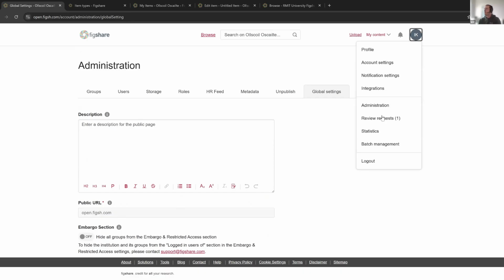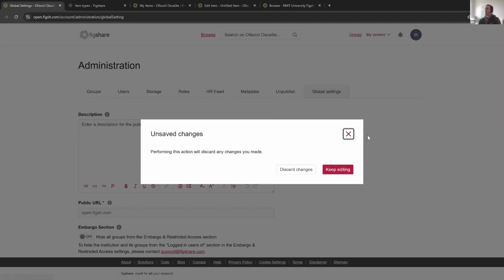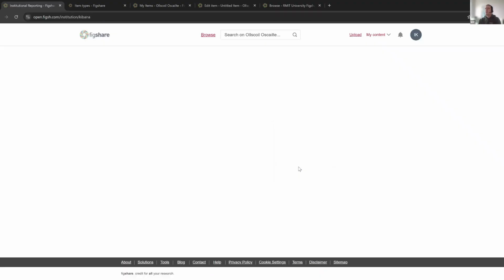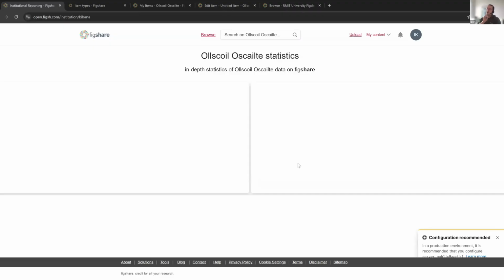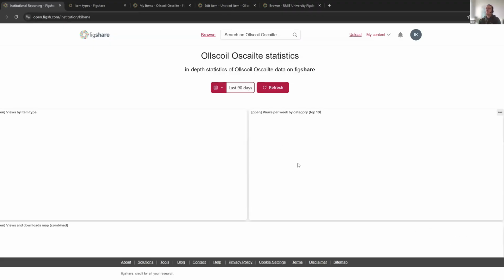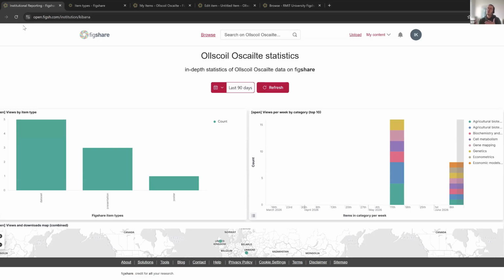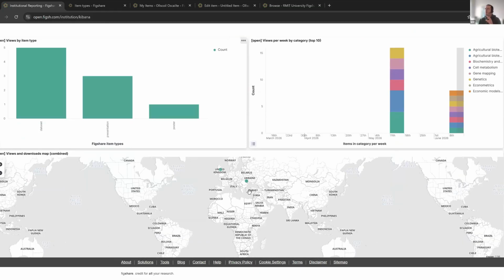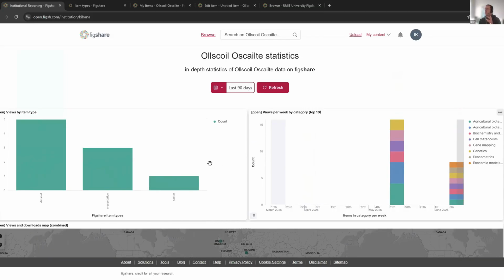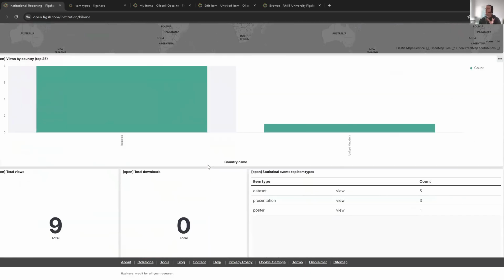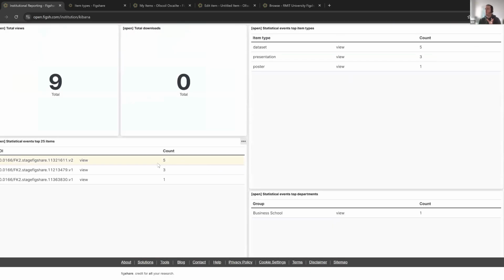And last but not least, there's statistics, which are pre-built in the sense that it's not interactive in the sense where you can choose your own. You can choose some things, but it's not. In many ways you get what Figshare has built for you so far, and Figshare has tried to be helpful in showing you different perspectives on the same data. So whether they are geographical graphs or whether they're bar graphs to show you how the data is split across the system,